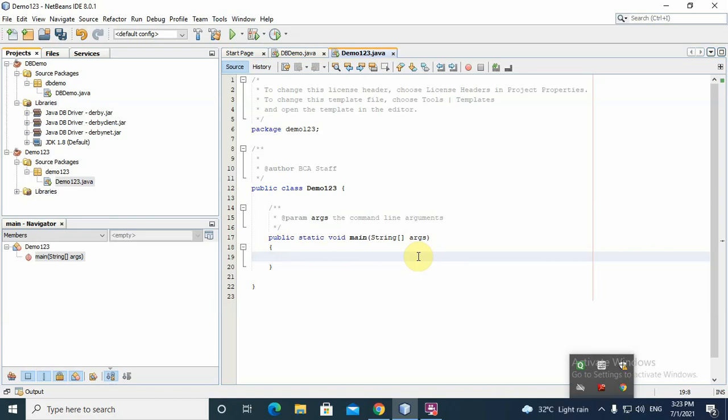We need one vehicle, and that vehicle is nothing but a statement object. The next step is prepare, send and execute. That is a SQL query. And the last step is close the connection.